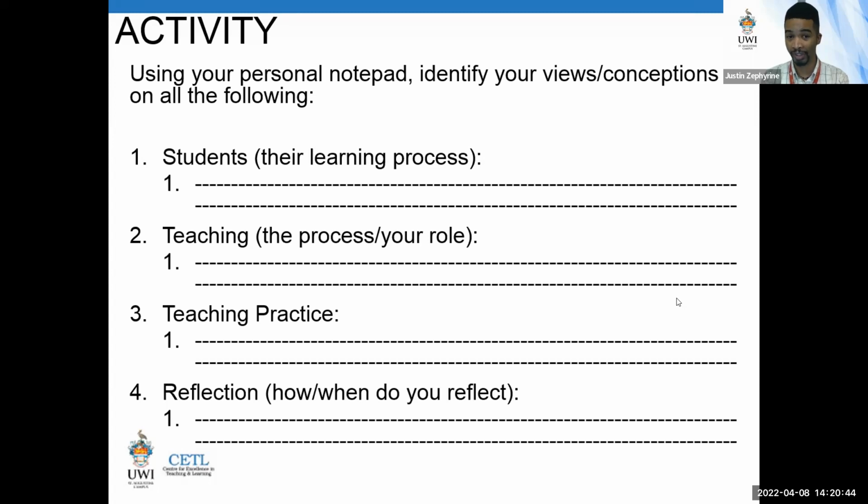So for you, the learning process should be fun and enjoyable. Yes, for the most part. They don't realize how much they're actually learning behind the scenes. I'm giving them the pieces of the puzzle, and at some point in time, they'll be able to build the puzzle and get a clear picture when it comes together. Yeah, absolutely right. So if you see learning as something that should be fun and enjoyable, then what do you see your role as from the teacher side? You know the ways in which your students might learn best, their preferences and so on. So what is your role in light of that?